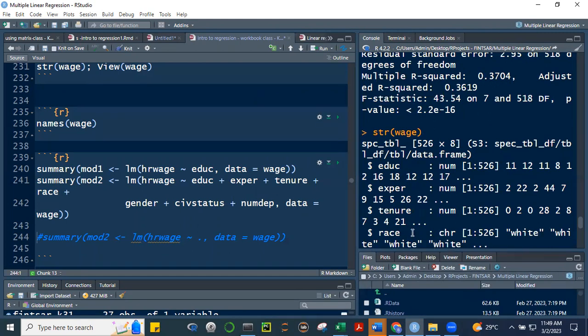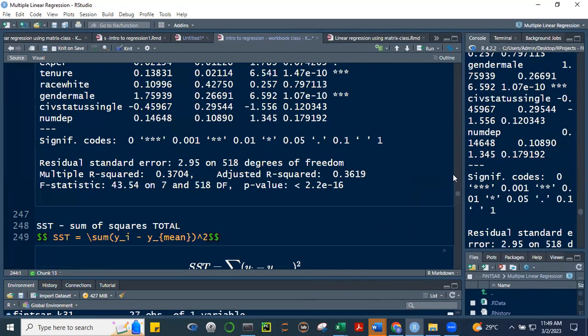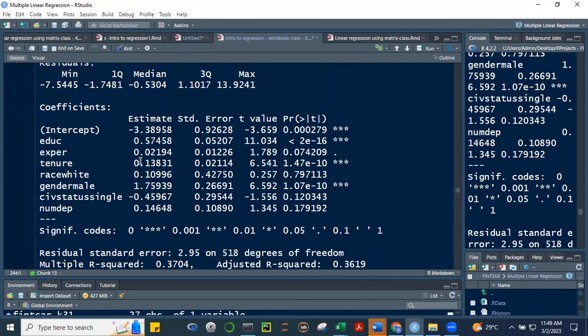Pero factor siya na dalawa, no? White at saka non-white. Okay, my question is, how many dummy variables? Kasi kung factor, hindi naman pwede yung text actually, no? So may ginagawa dyan, ginagawang dummy variables yan. Okay, Evan, how did you get 1? K minus 1 po, sir. Ano yung K? Yung number of unique levels, no? Yes po, unique levels.